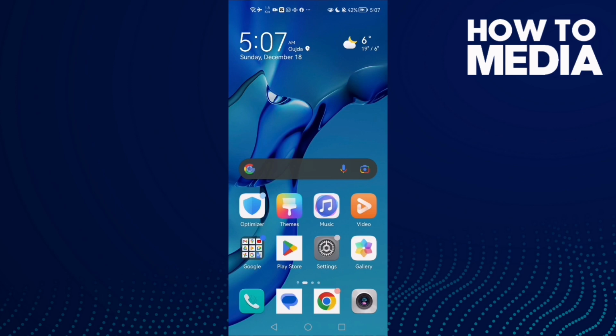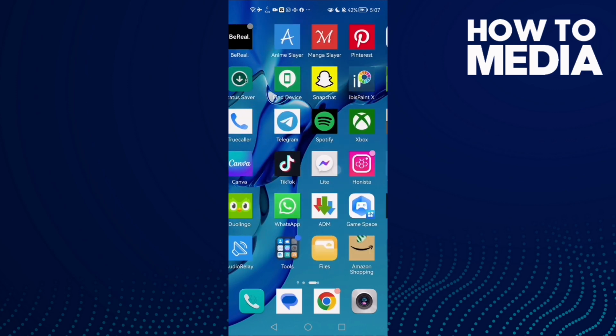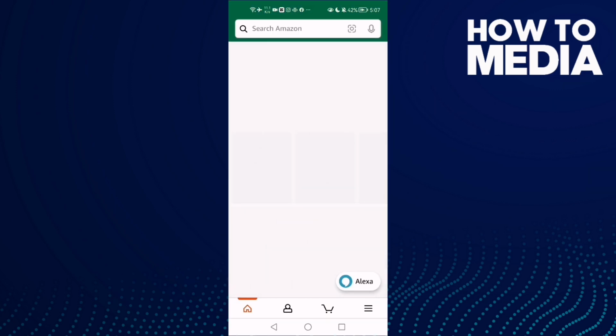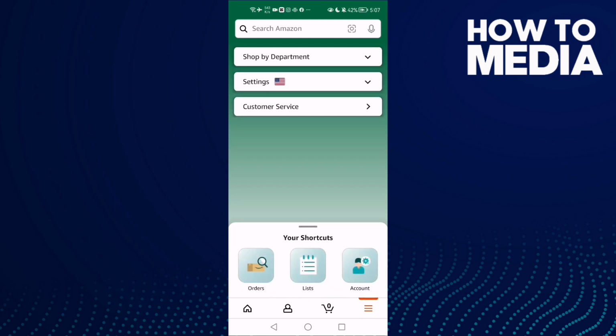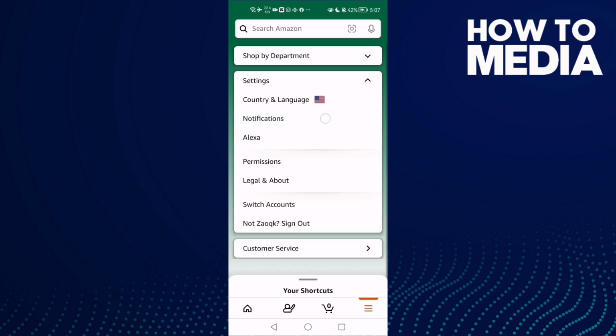How to find your account notifications settings on Amazon Shopping on an Android or iOS phone. First, open Amazon Shopping, and then click the three lines here, and now go to settings, and here we'll find notifications,